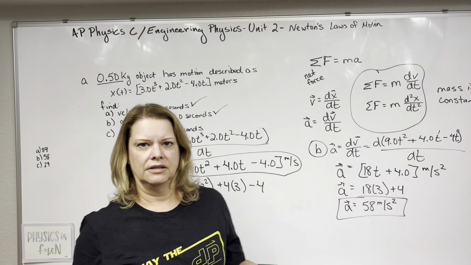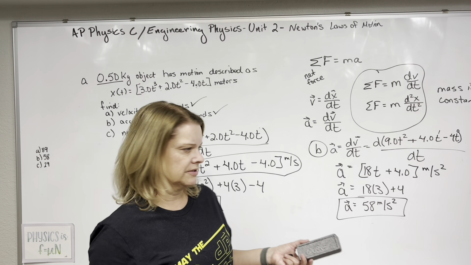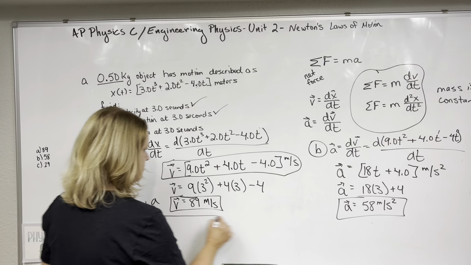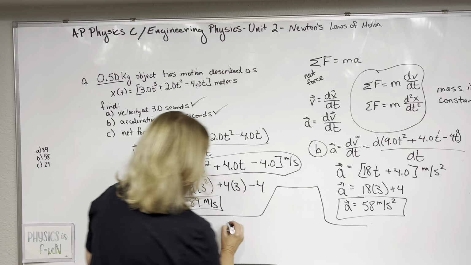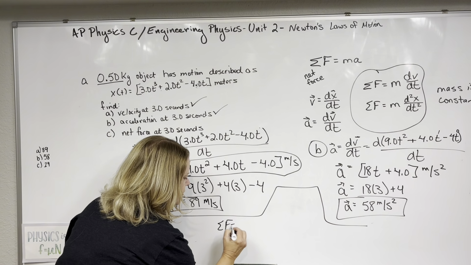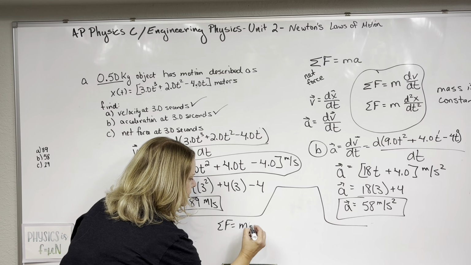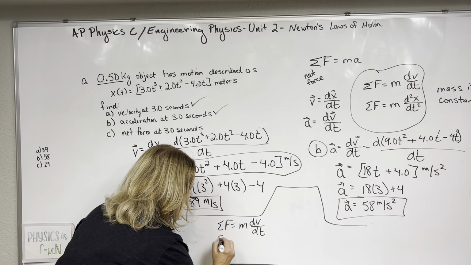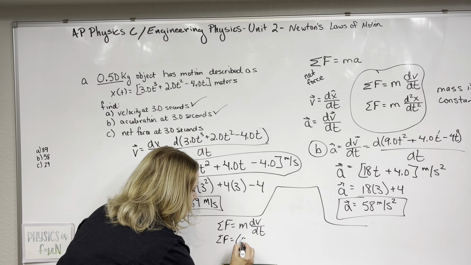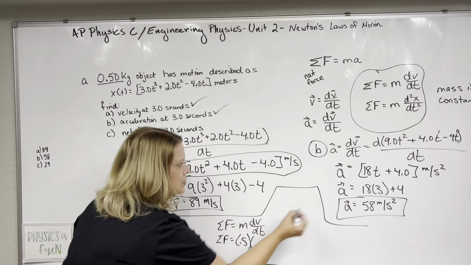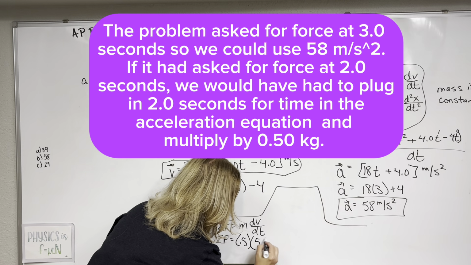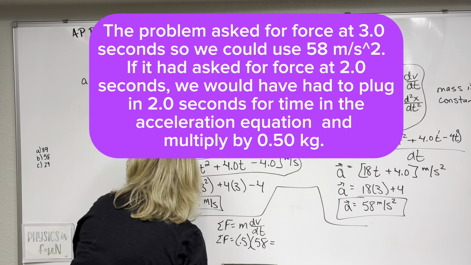Last thing is the easy peasy one now that we've got our acceleration, and that is our force. And I'm going to go over here and do it here, that my sum of my forces equal mass times my acceleration, right? That derivative of velocity with respect to time, which I just found. My mass is 0.5, so my net force is 0.5 times whatever the derivative of velocity with respect to time, which was acceleration, is 58. And I get 29